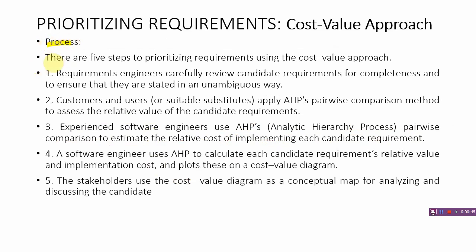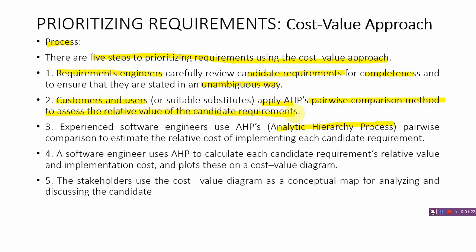Let us see the process of the cost value approach. There are 5 steps in prioritizing the requirements using the cost value approach. First, the requirements engineers carefully review the candidate requirements for completeness and ensure that they are stated in an unambiguous manner. Second, customers and users apply the analytical hierarchy process pairwise comparison method to assess the relative value of